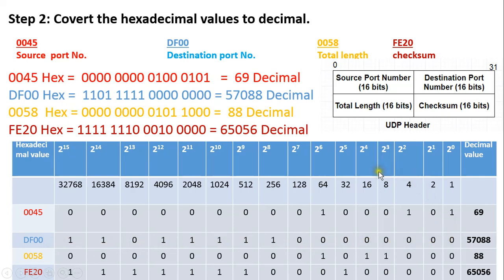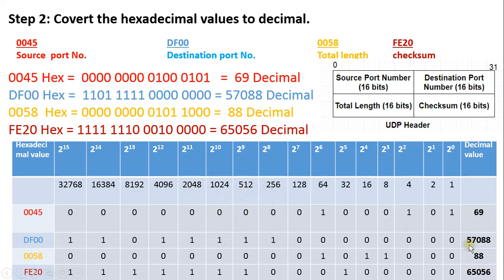Its decimal equivalent can be calculated from its weights as 2 raised to 8 plus 2 raised to 9 plus 2 raised to 10 plus 2 raised to 11 plus 2 raised to 12 plus 2 raised to 14 plus 2 raised to 15. Thus it is 32768 plus 16384 plus 4096 plus 2048 plus 1024 plus 512 plus 256